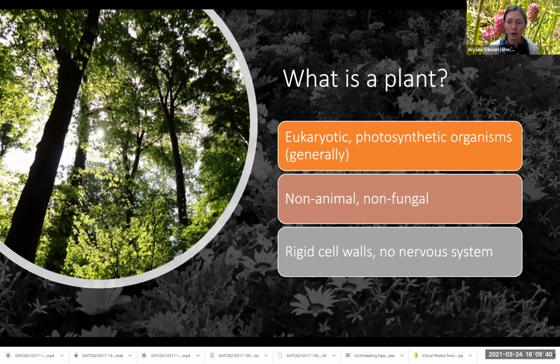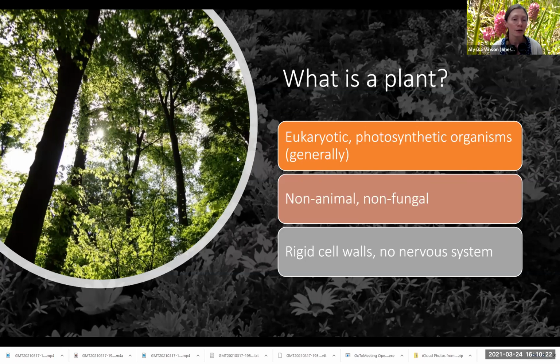And you know, these words that I have here on the slide, eukaryotic, going back to your middle school science class, who remembers what a eukaryote is? Anybody? It just means multicellular. It's a eukaryotic organism, meaning it has multiple cells that form up its body, right? A bacteria or a virus, these things are not eukaryotic. They have one cell. That's all they are. That's all they do. So plants are eukaryotic, meaning they're made up of many cells and cells that have different jobs,